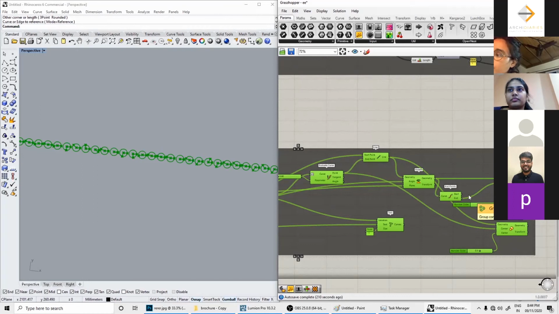But yes, it's done by architects. I know engineers who use Grasshopper, but very few, only one or two around India. Okay.